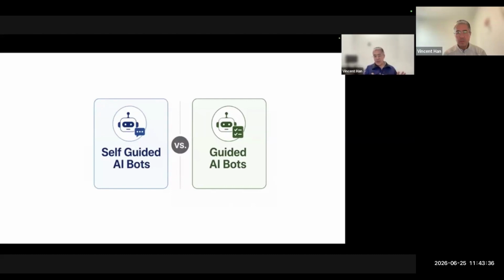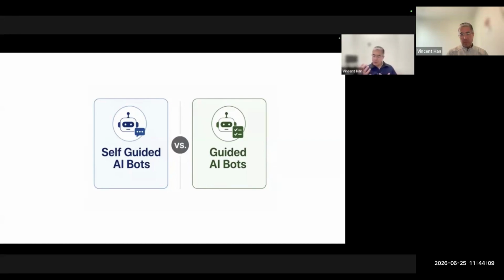I mentioned how Copilot, Claude, and Gemini are self-guided AI bots, where it's really relying on the user, or waiting for the user to engage with it. A guided bot is where the organization has a vested interest in what the bot's doing. One of the disadvantages of self-guided bots, and they're amazing, I'm sure all of us are using them on a daily basis, but I don't know what I don't know, right? So the quality of what I'm going to get out of a self-guided bot is really based on my current